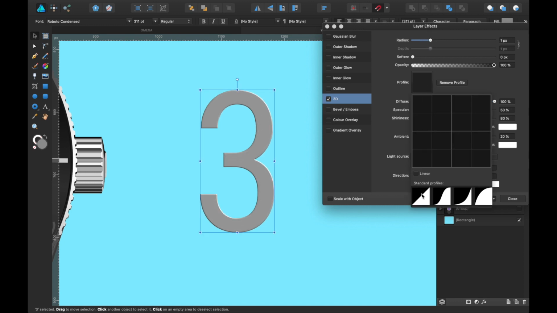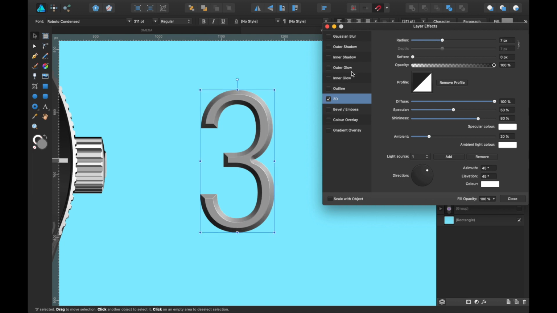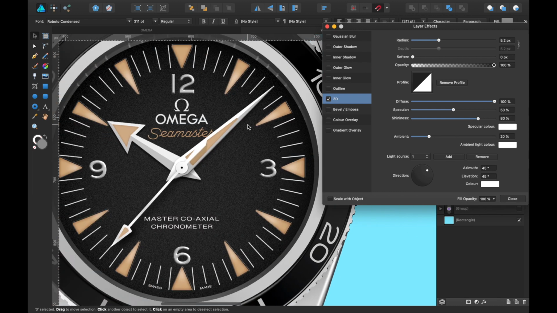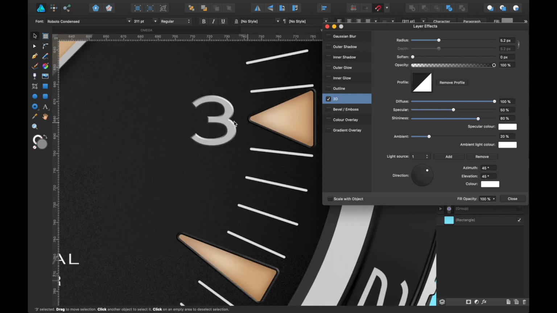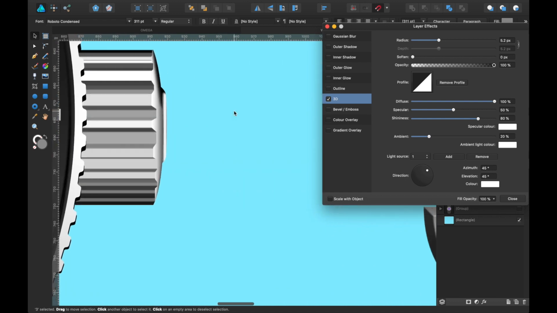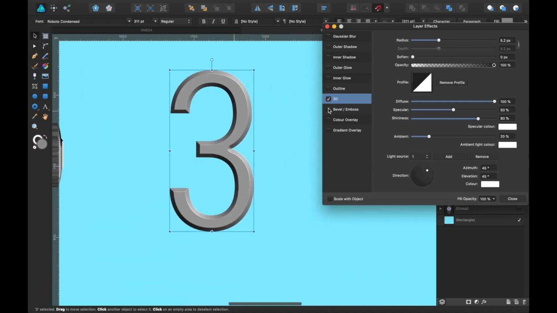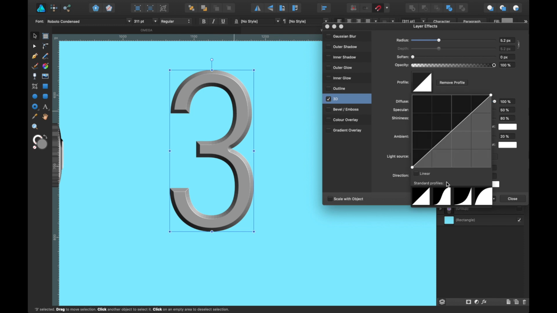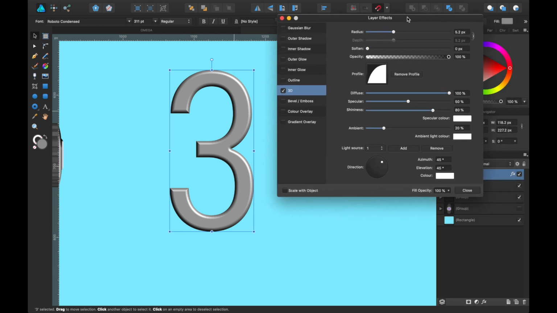It's up to you how you do it. I can change the straight line profile, which is going to give it more of a sharper edge, like this. On my one, I've made it a little bit more rounded, as you can see, just a little bit more rounded on the sides. You can also do that, so we can head to here, make it slightly more rounded. We'll choose that profile. Then you just choose how much shine you want, how much you want it to reflect the light.